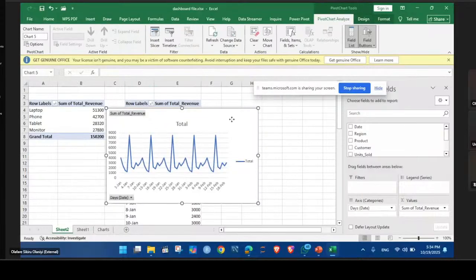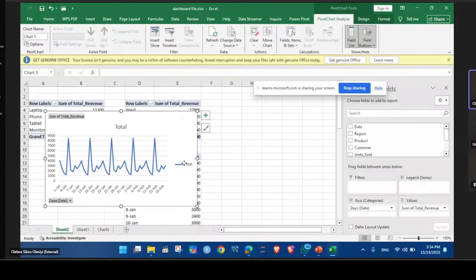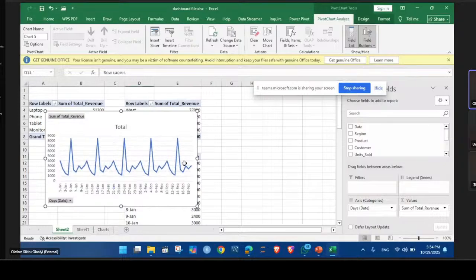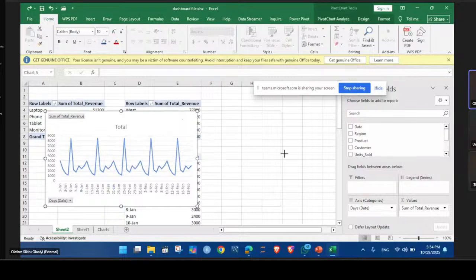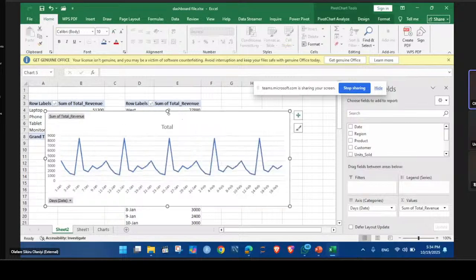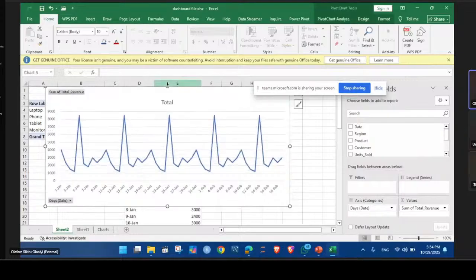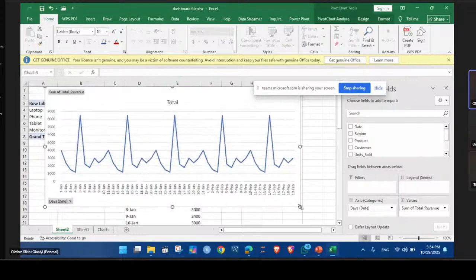Now you can see that we have a line chart here. So let me expand it so you can see how it's looking. Now, you can see we have a data set that is just fluctuating. Not that it is stable at a particular point in time. It is fluctuating. So you can just say, okay, the sales is fluctuating, the kind of recommendation to give you have